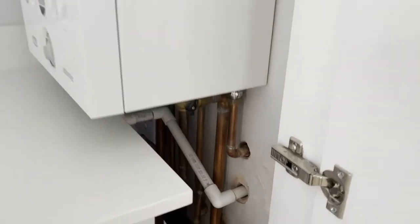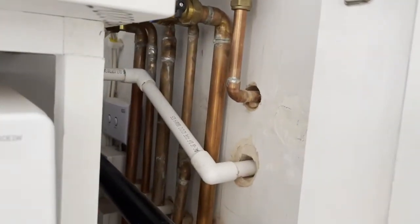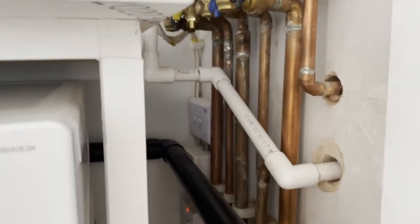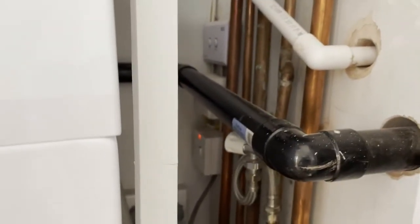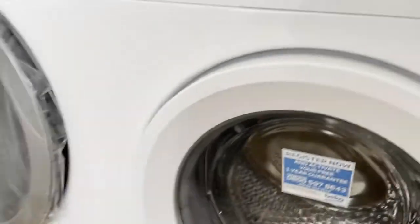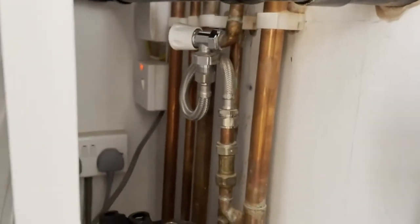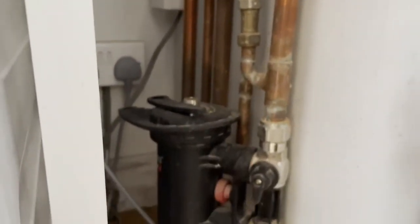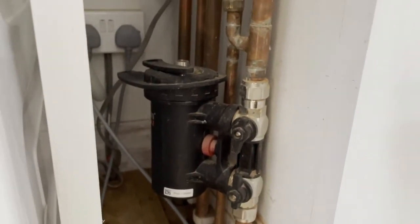If we have a look at the pipework, you can see this has all been installed brand new. So it's all nice and neat. We've got the flow and return. We've got the vent pipe, which is going out through the wall for any condensation here. And then we've got some plumbing for the washing machine that we've got sitting next to it. So that's what the black pipe is. But you can see here, we've got a really nice neat job, got a filling loop done, got the electrics very close by, and we've got a magna clean, which basically pulls out all the particles that are in the